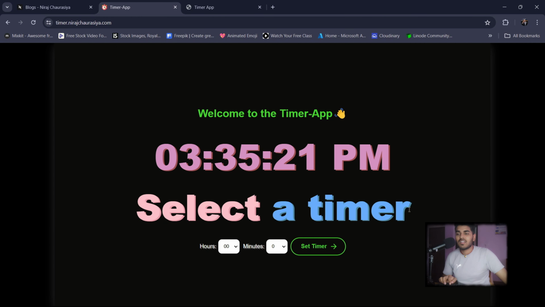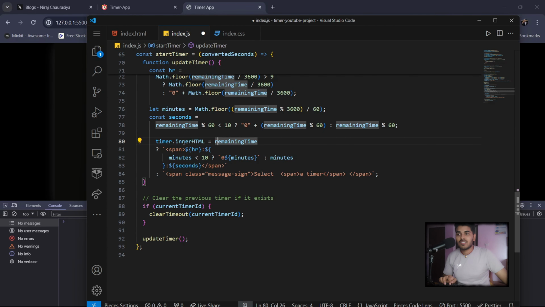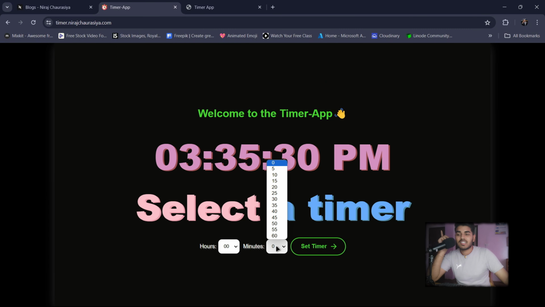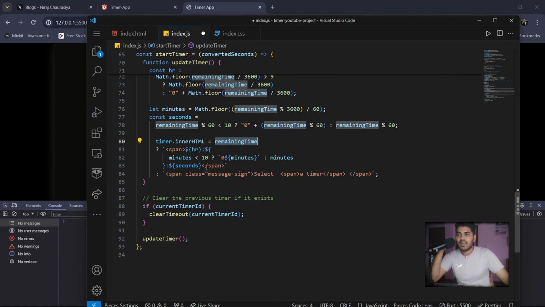First of all, we have to select a timer, which means there is no remaining time. And if there is remaining time, let me just select 5 and start a timer. You will see this text, so if there is remaining time, we are writing first hour, then minutes, and then seconds. And the minute logic is if it is less than 10, then we are going to concatenate it with 0,